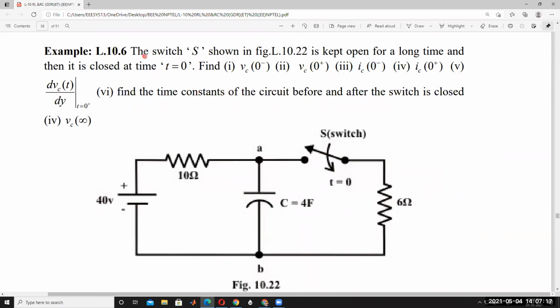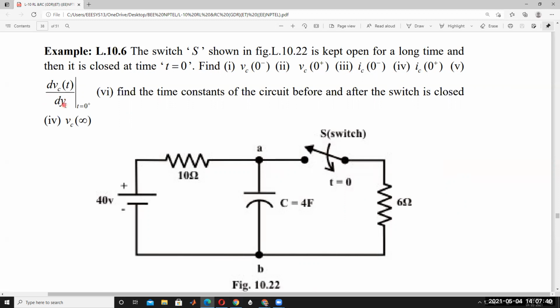So for this problem, the switch is shown in the figure. It is kept open for a long time, and then it is closed at t equals 0. Find VC of 0 minus, VC of 0 plus, and IC of 0 minus, IC of 0 plus, and then